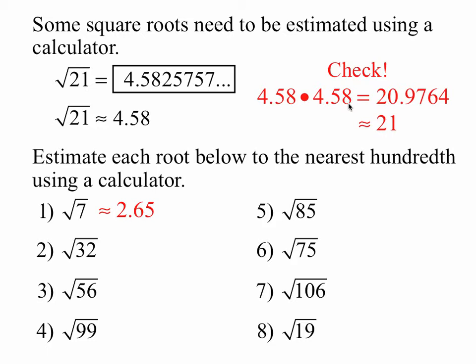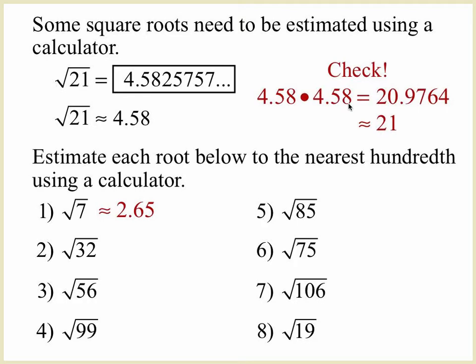Now check your work. Okay, so the square root of 32 falls between the square root of 25 and the square root of 36. So I got 25, 26, 27, 28, 29. Let's start here because it'll be easier. Square root of 25, 26, 27, 28, 29,